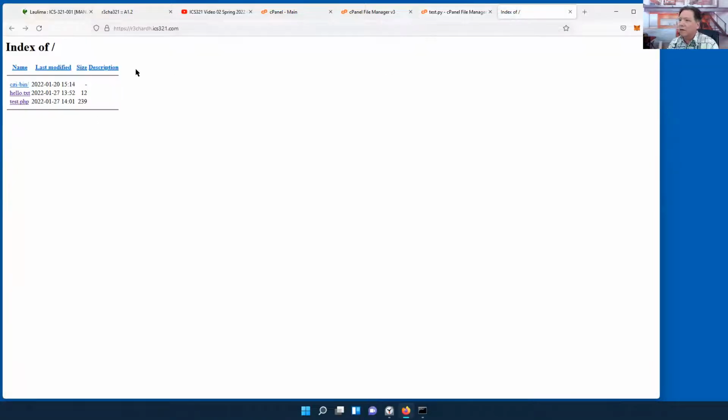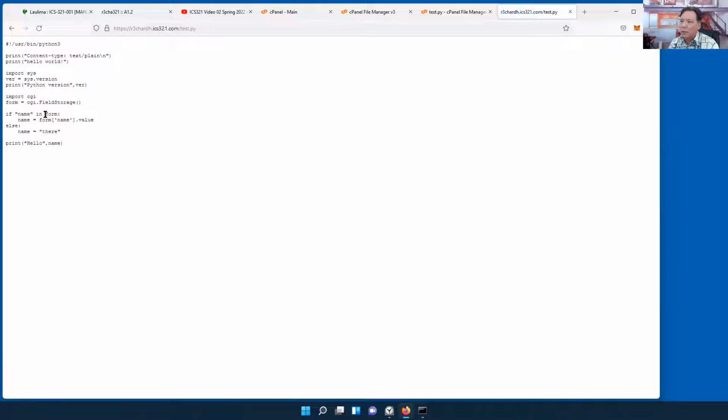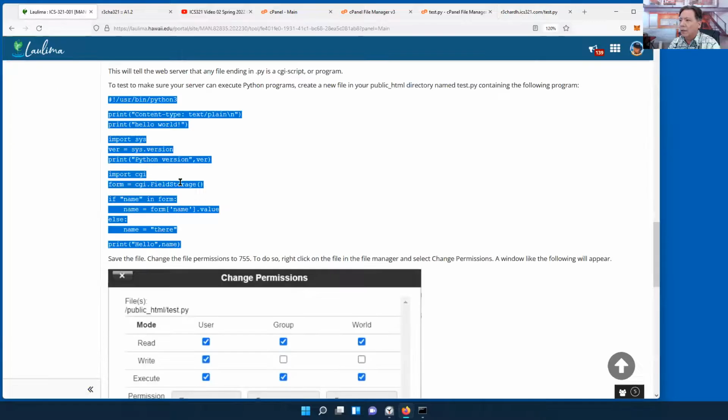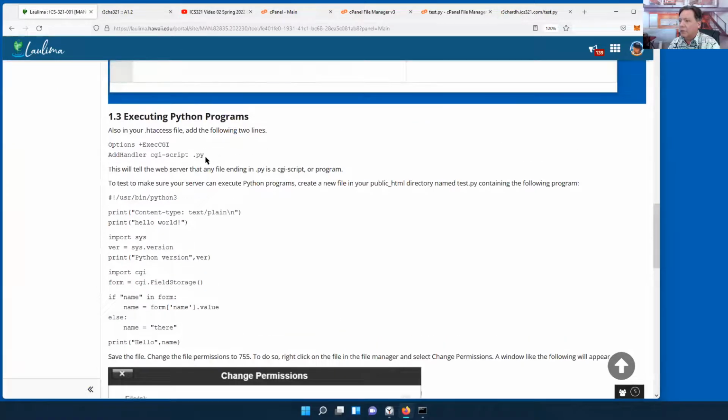Now let's go over here and let's refresh this and let's see if this works. What happens? I'm going to click on this. Oh, look, we just see the code. Well, the reason we see the code and it does not execute is because we did not do this step, which tells the web server